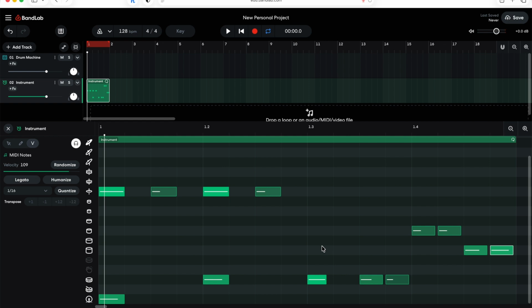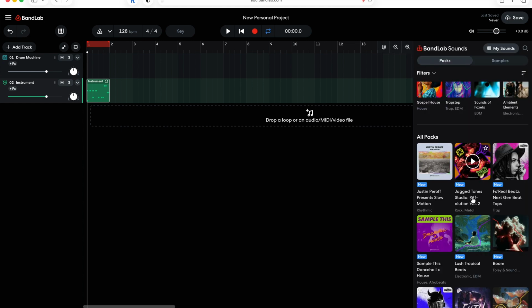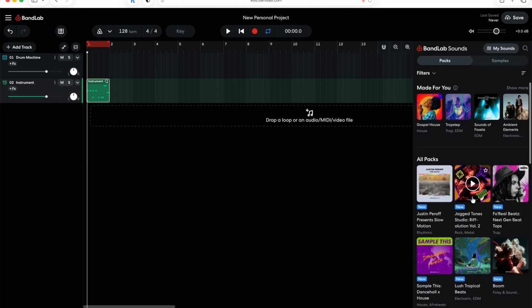So yeah, please have fun experimenting with your drum beats. Try not to just rely on pre-made drum beats that you find in this menu, because just dragging in a drum beat is a quick way to get drums into your song, obviously, but it doesn't actually demonstrate your creativity. To really show off what you can do, you want to be making your own drum beats. Even if they don't sound as polished as the ones in this menu, you will have demonstrated your creativity a lot more and your skill, even if it doesn't sound quite as polished as some of the drum beats